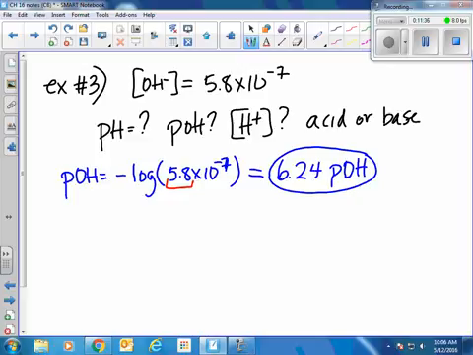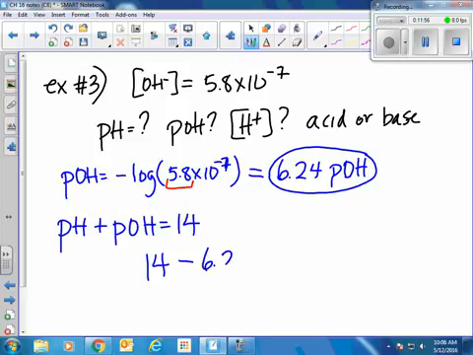And then you guys can see that the pH plus my pOH is equal to 14, which is the entire scale. So I can just go ahead and put in my numbers and subtract. So I'm going to take 14, subtract 6.24, and again I have to have those 2 decimal places behind it, so I have 7.76 is my